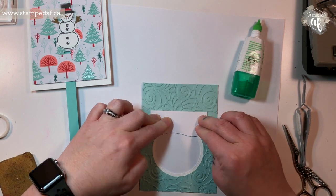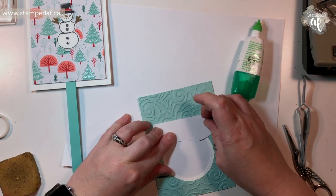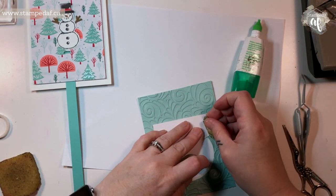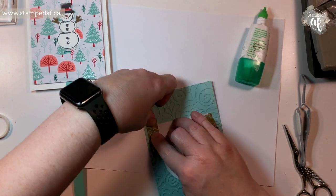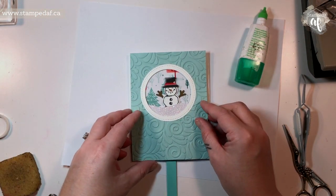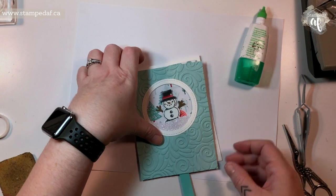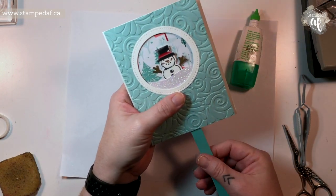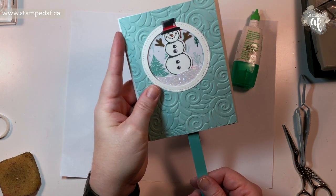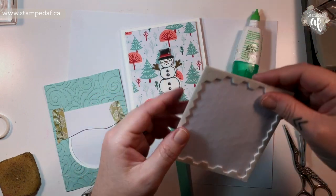Okay, let that sit. Actually, let's push it up a little further. And if you want to be sure that it's going to stay put, just use some washi tape. The glimmer paper does take some time to dry, so for the sake of this video, let's just keep it like that. Now, this one is a little bit higher than the first one, so instead of hiding in that snowbank, he's going to pop out of the frame, which he probably won't do until I properly adhere this. But there we go, he's kind of jumping out of the snowbank. So it really depends on where you put this, where you die cut your